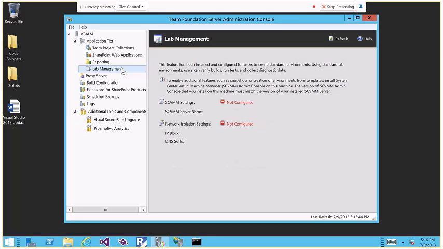Some of them want to have a tool called Release Manager that now comes with Team Foundation Server, and it is going to be free starting on the 1st of January of next year. And in this case, sometimes they want to have lab management. Lab management is that you can have set up